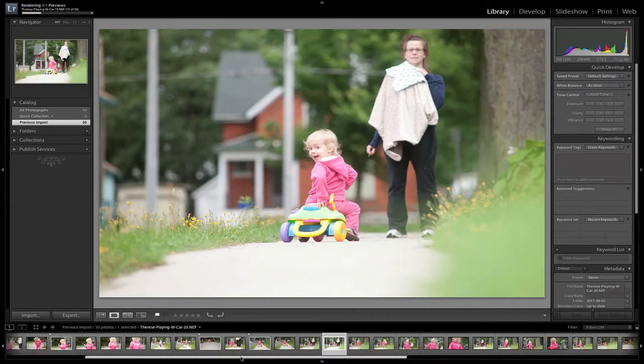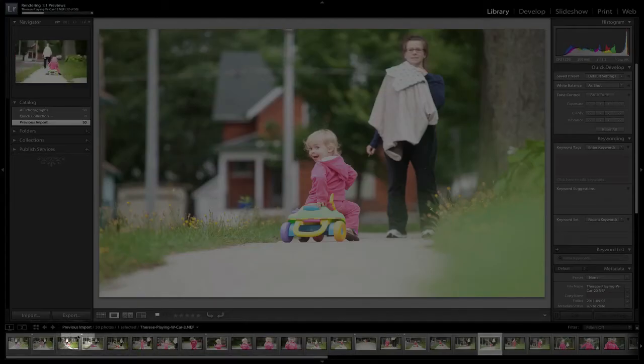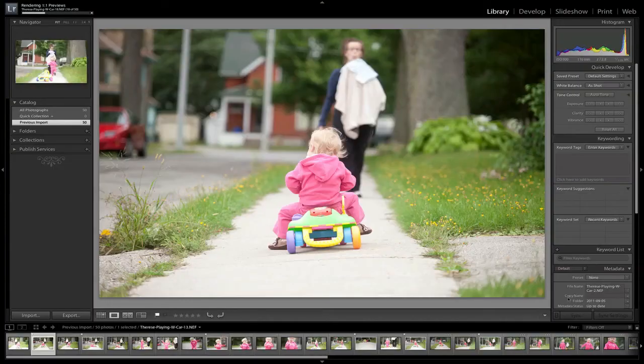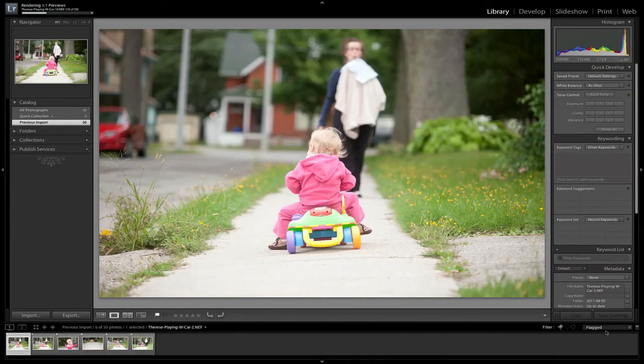So from here, I can see the P are the ones with the white flags, and I'm just going to sort them by which ones I have flagged. So this brings up my first photo, and immediately I can begin editing on it. So I'm going to go over to the develop module,